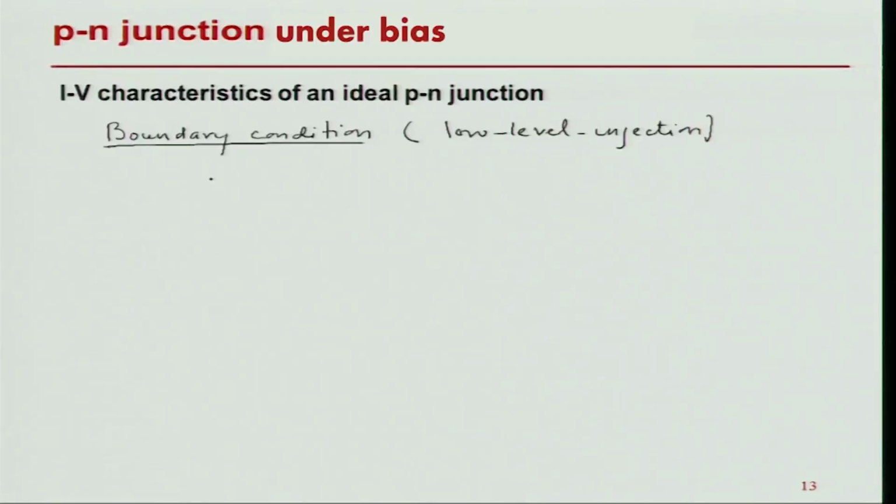So, if I write an equation in the depletion region for current, it is basically the drift current plus the diffusion current, and in the low injection regime I say this is still 0. If I say this is still 0, I have an expression for E, which is basically